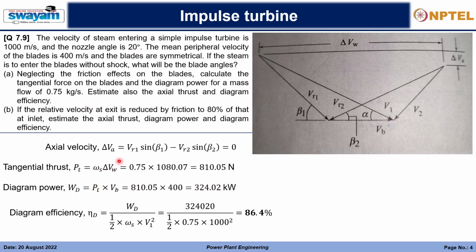The blade is moving with a speed of vb in this circular direction, right? And what is causing this? The tangential thrust, right? So that is where force into the velocity will give us the power, which is rotating the blade. And the diagram efficiency is simple, the diagram power divided by